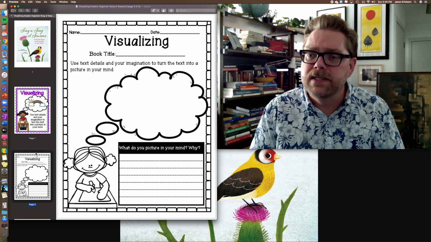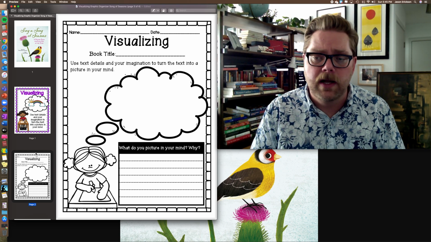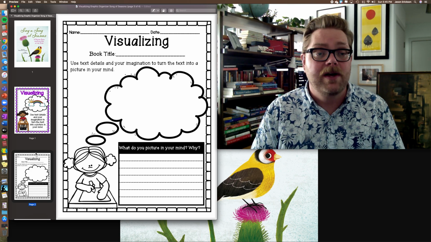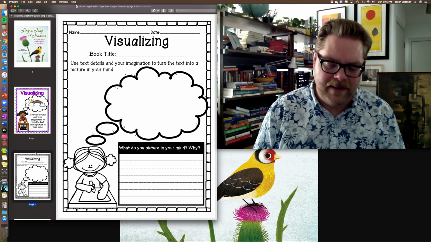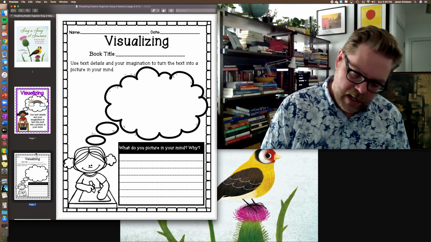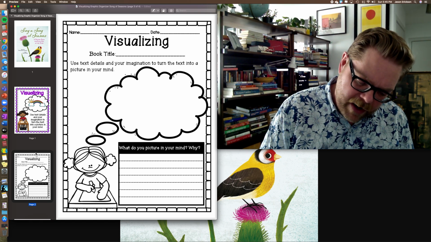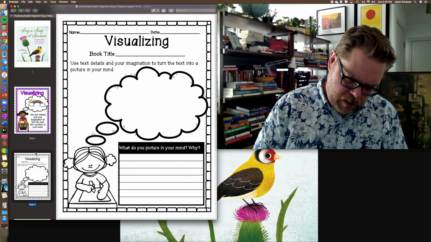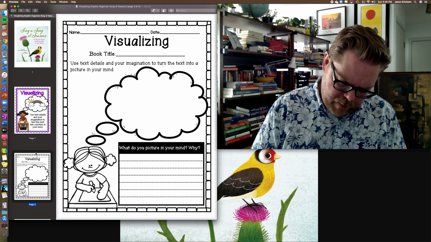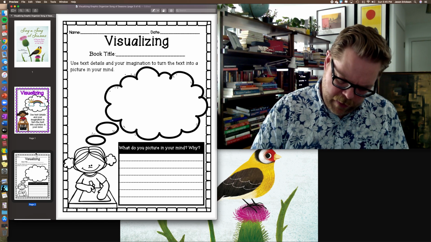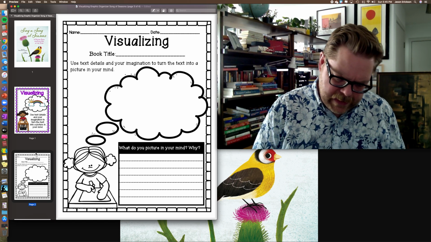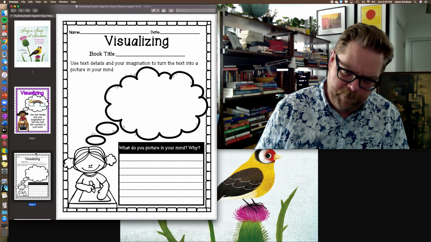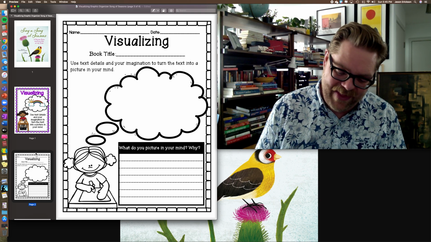And because this was a poem in the book, I'm going to write the title of the poem. Do you remember what I told you the title was? Exactly. It's Busy Bugs. So right under the book title, I'm going to write the poem title, Busy Bugs. And I'm drawing a picture of myself kind of there with my paper and my pencils. I'm drawing my visualizer bubble so that I can draw a picture in there.